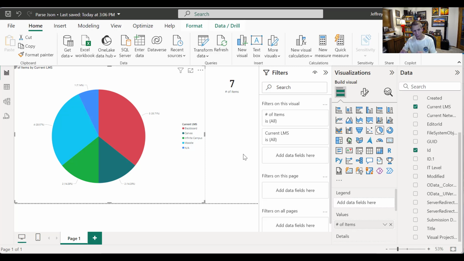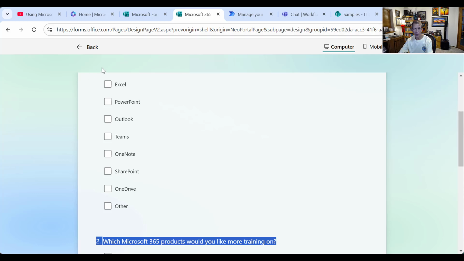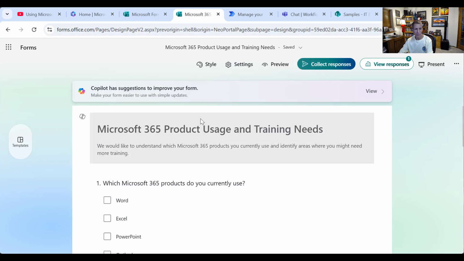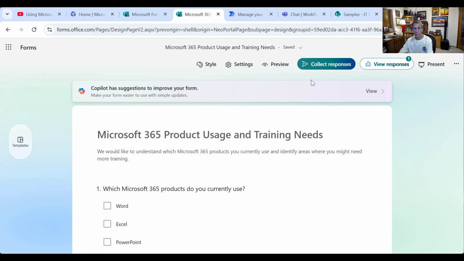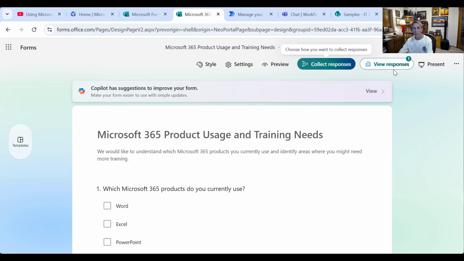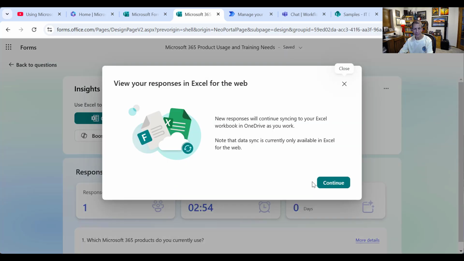Now notice if we were trying to work right with the Excel file, and I can probably show that one last thing before I sign off. Let's go back to this form, and let's go to responses. Oh, there it is, view responses. If we open it in Excel,